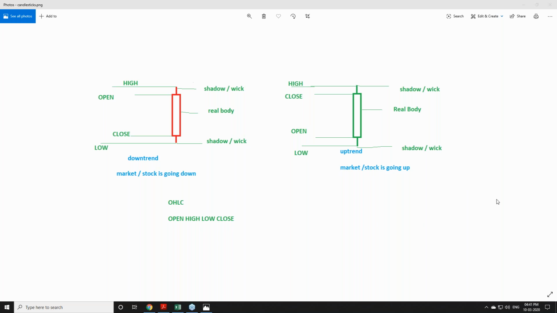These are the basic properties of candlesticks. A very important thing we have to remember again is: red candle is downtrend, we should not buy. Green candle is uptrend, and we should not sell. So can I buy in a green candle? No. In every green candle we are not supposed to buy, and in every red candle we are not supposed to sell. We have a specific location, an indicator, proper entry, proper exit. Everything we will learn in the next 10-15 minutes.